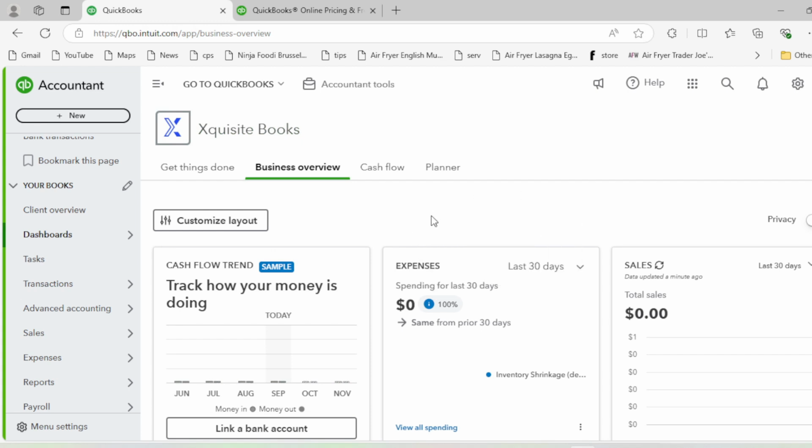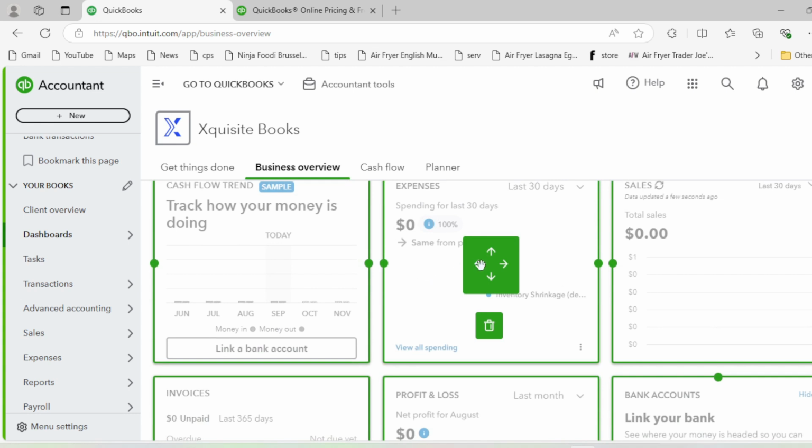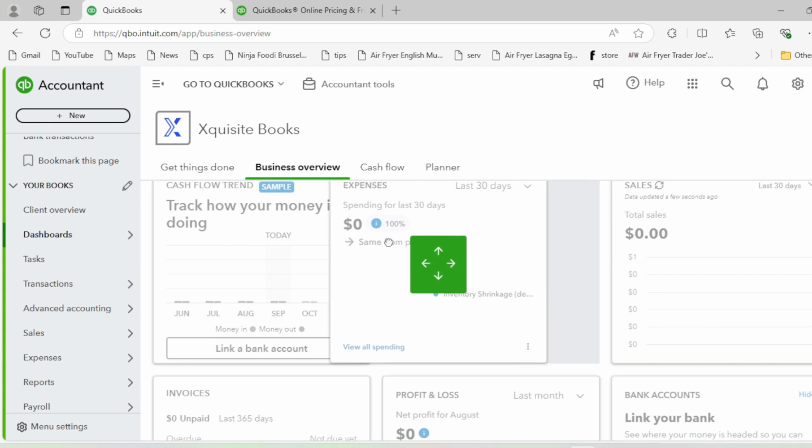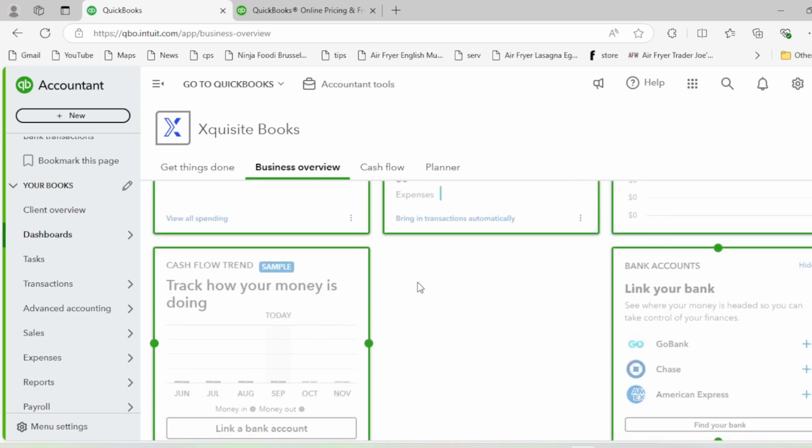So coming back to QuickBooks Online, this is the business overview section of my dashboard, and the best thing is that you can customize this section as well. And these are the arrows. You can move these sections accordingly. For example,